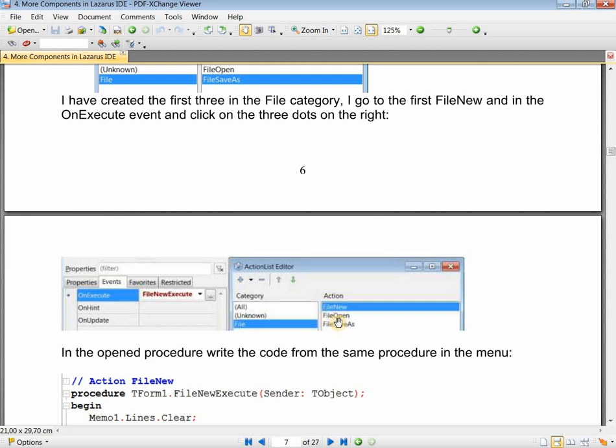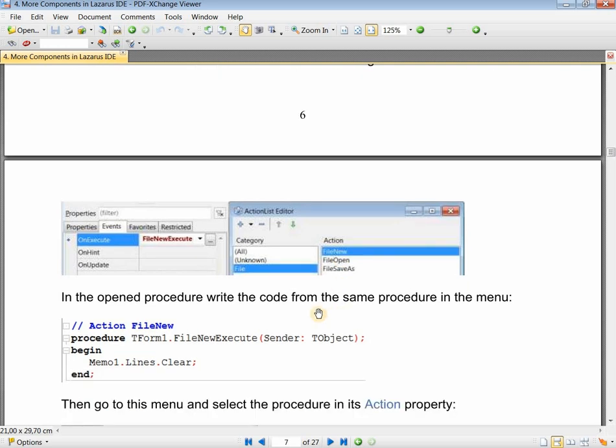Then we go to the first file, New, and in the On Execute event we click on the 3 dots on the right. And in the procedure we write the code from the same procedure in the menu.